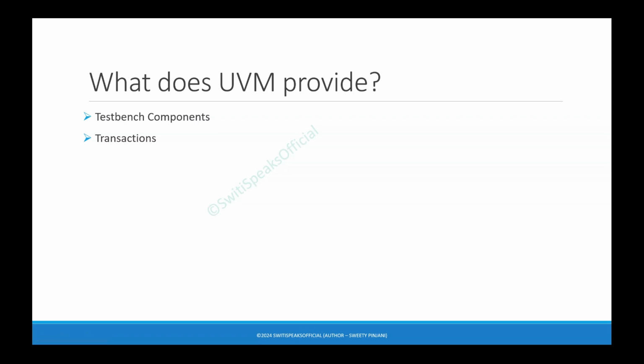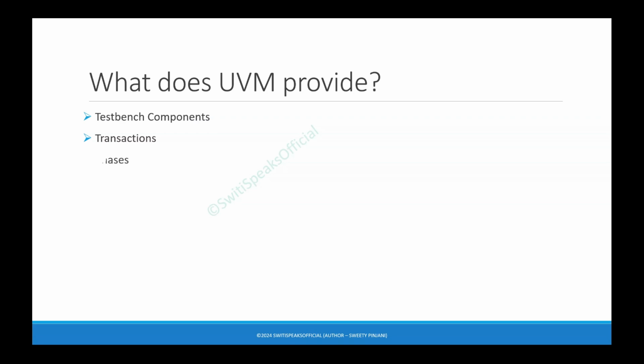So how does this data flow? This data flows with the help of transactions. So you have this transaction class also in UVM. We have a UVM transaction class which you can use to extend your UVM transactions from. And it will help you to carry the stimulus between the DUT and test bench. We are definitely going to see in detail about the UVM transaction component. Just keep it in mind that there is something called transactions which UVM provides.